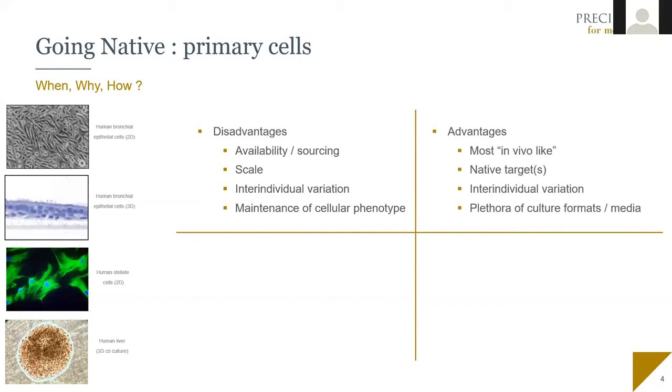And obviously, if you're able to use human primary cells preclinically, then that's going to give you the most native clinical model. The targets within the cells are native. You haven't got overexpressed recombinants or targets that have been influenced by virtue of a cell line, for example, being immortalized. I said a disadvantage was inter-individual variation, but actually that could be an opportunity as well, or